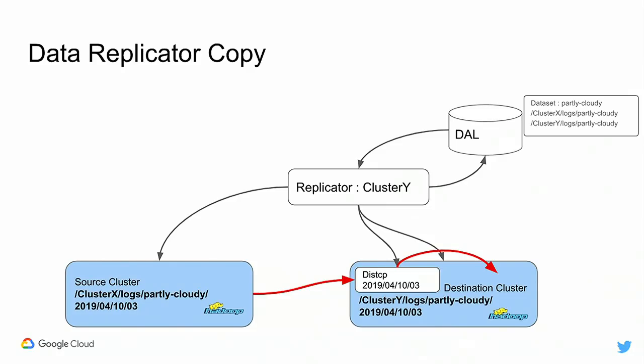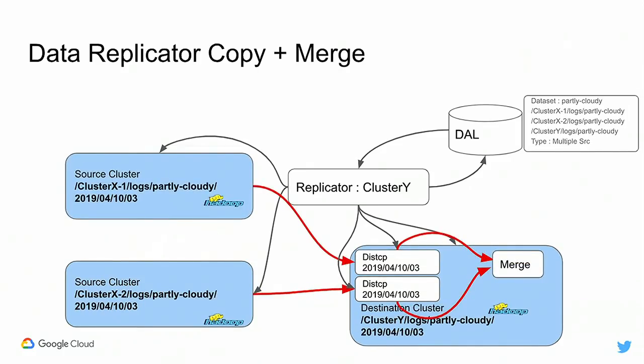As you can see, the source path is cluster X logs partlycloudy, and then there is an hour, and the destination would be translated to the globally identified path here. In cases where we have to merge multiple data sets, as I said in the very beginning, the incoming data lands on RT clusters, right? We have that set up in multiple different data centers. So for a developer who needs to access data for a particular hour across all our data centers, we need to make sure that we merge for that particular hour.